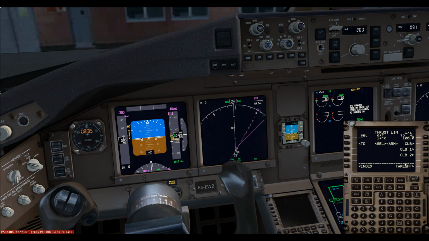Now, thrust limit, remember Emirates only use takeoff. We are not sure why. Someone asked that in the previous video. And we are taking an assumed temperature of 60 degrees. That gives us flap 5 and a CG of 33% with a trim to remember of 2.75. We can take the gross weight of 228.1, and then we can fill out all of the weather data for Heathrow, which is 060 at 4 knots,